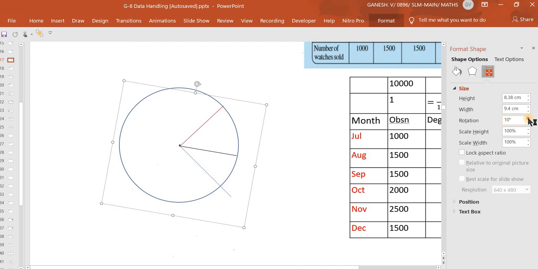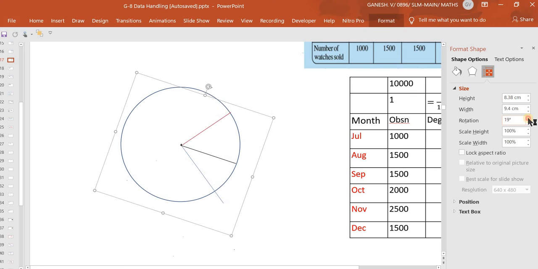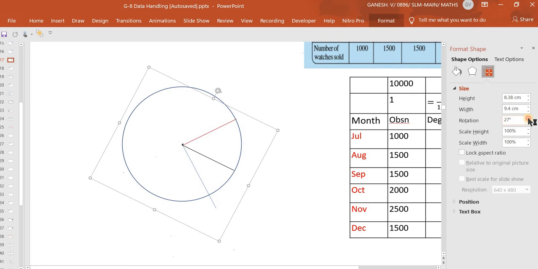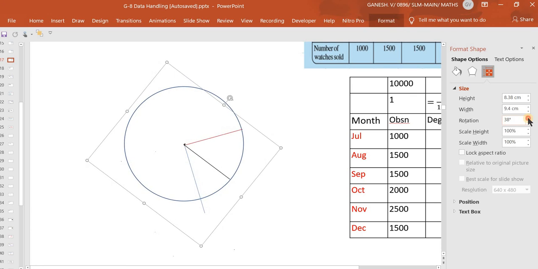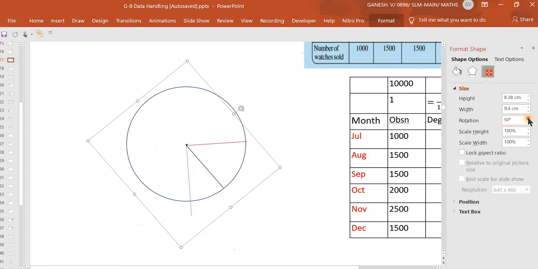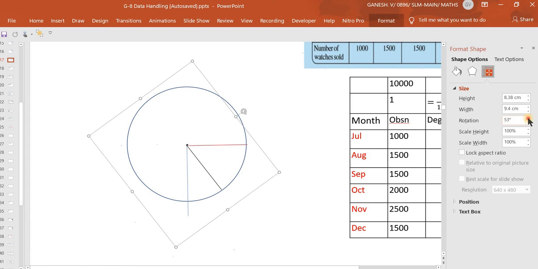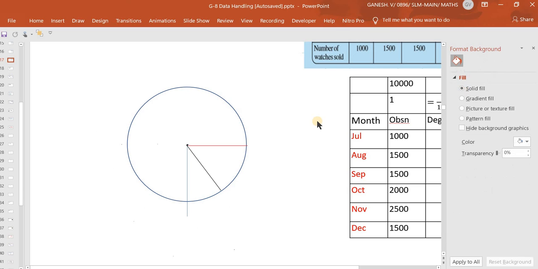It has to be rotated to 54 degrees so that the red line will become horizontal. I can type also, instead of using the button. So now that red line is horizontal, I can click outside here.